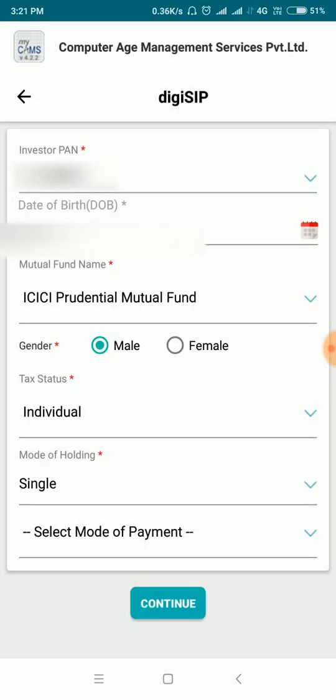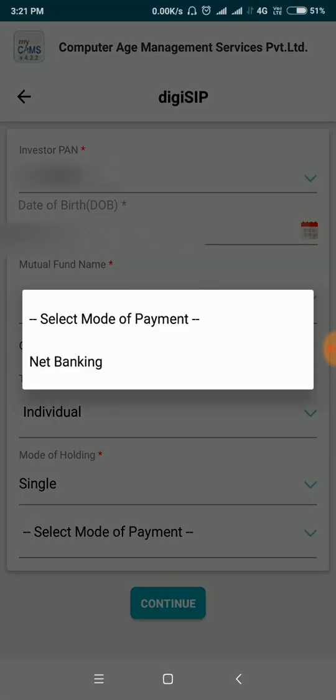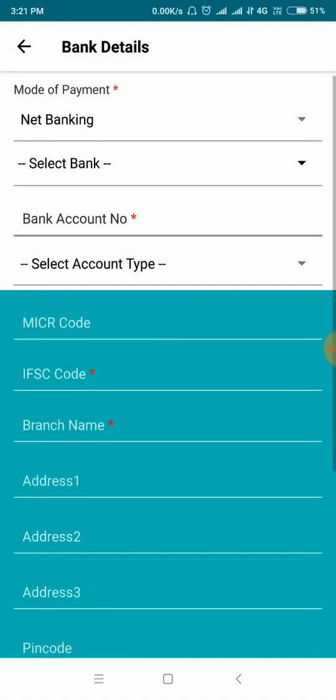What is the mode of payment? So you have to select the mode of payment. So click on a drop down. I have selected already as net banking, so it will take me to the net banking page. Here